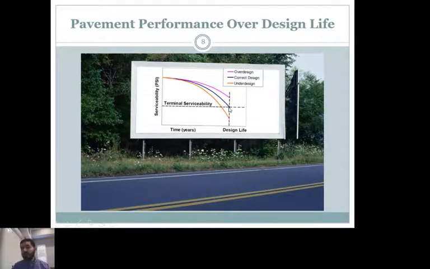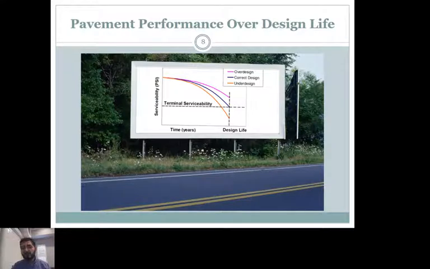at 20 years. If you are over designing it, that means you have too much material, the thickness is too much, you are investing too much money compared to what you're supposed to. Nothing wrong with it, but that means you're going to run out of money to construct other roads. This is represented by the purple color here, where the structure, at the design life, let's say at 20 years, still has some life in it. Again, nothing wrong with it, but considering you're going to build a huge network or a city, this is an